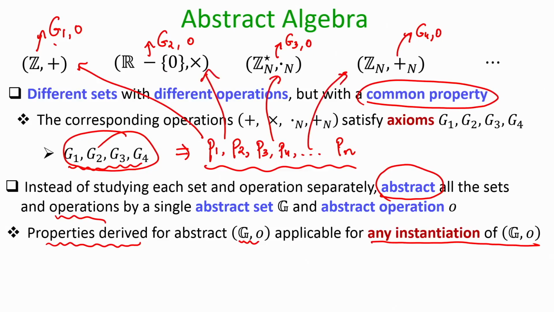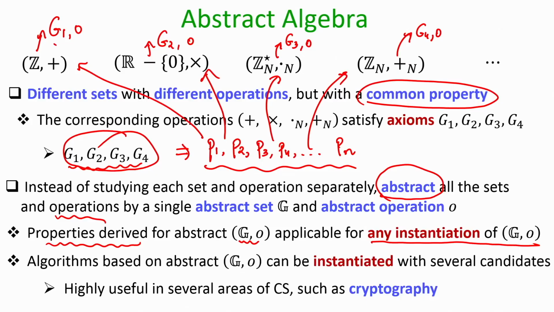And this is very interesting because I am not deriving these properties separately and individually for each set, namely the set of integers, the set of non-zero real numbers, the set of all integers which are co-prime to my modulus n and so on. I am deriving these properties once for all for this abstract group G with the abstract operation O. So, that is why abstract algebra is a very interesting